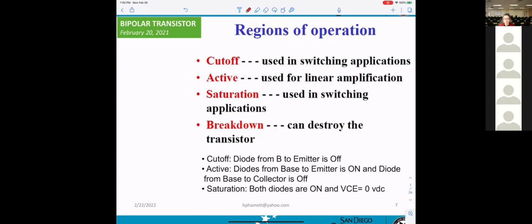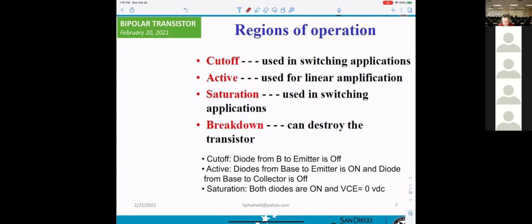Breakdown can destroy the transistor, we don't care about that. Cut off: the diode from B to emitter is off. When the transistor is cut off, inside the gate the transistors will be off, that means open, so no current can flow. That is cut off.